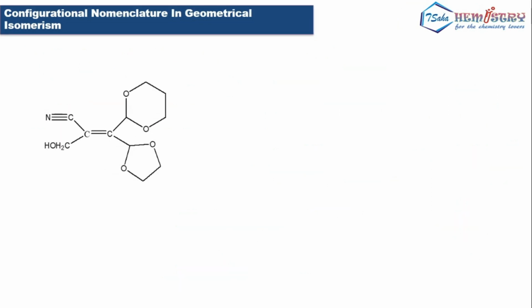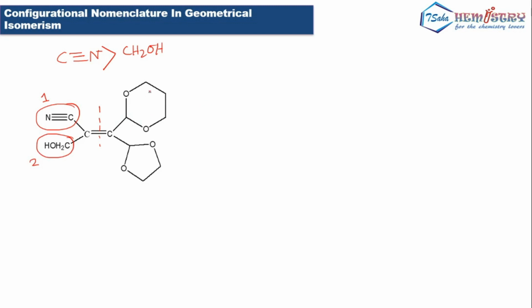Now we have this particular example. In this example you have cyanide and you also have a CH2OH group. According to the CIP rule, all of you know that C triple bond N will always get higher priority than CH2OH because of the triplicated rule. So if you break down this molecule, automatically C triple bond N will get higher priority than the CH2OH group.